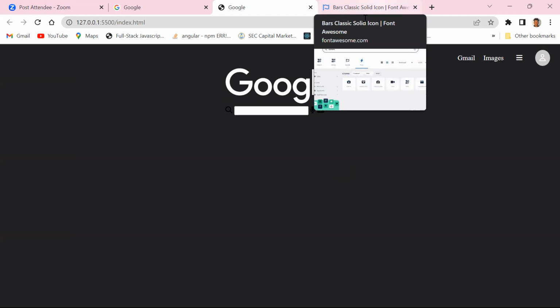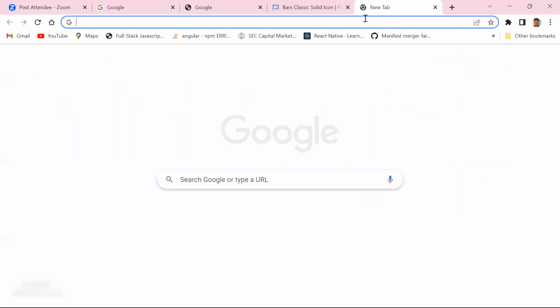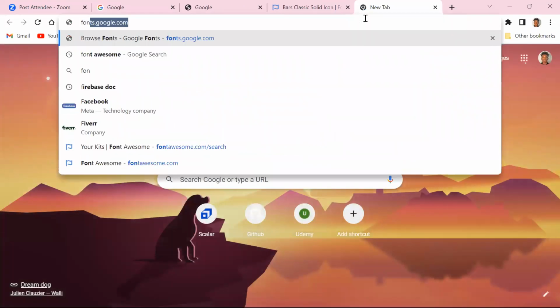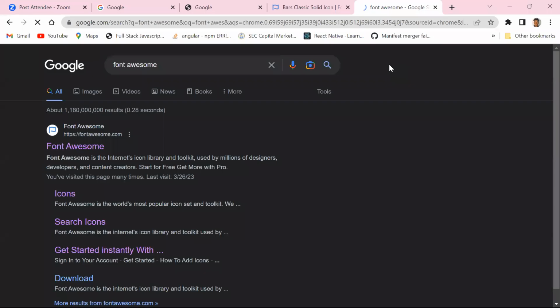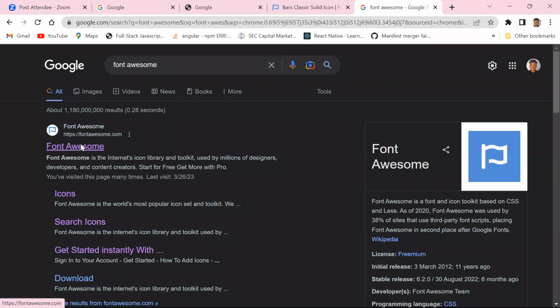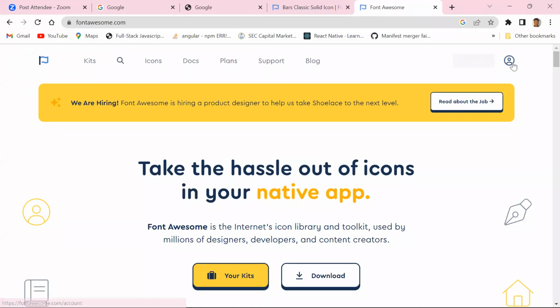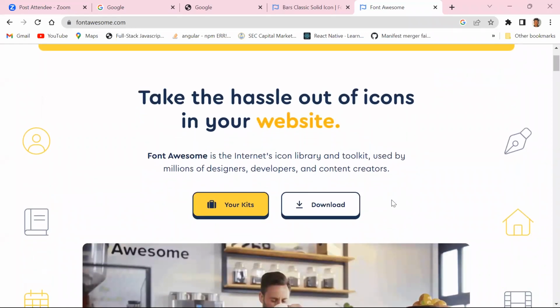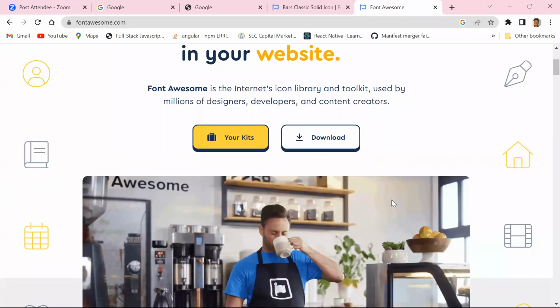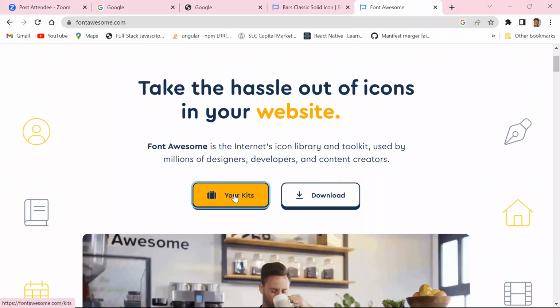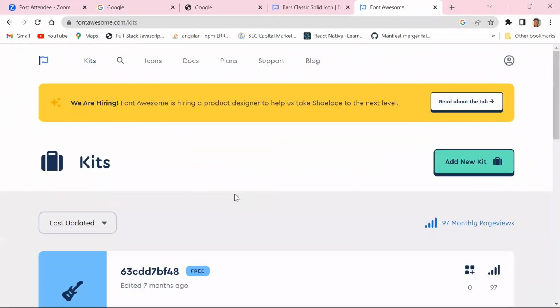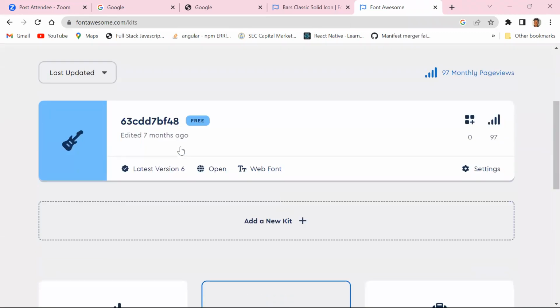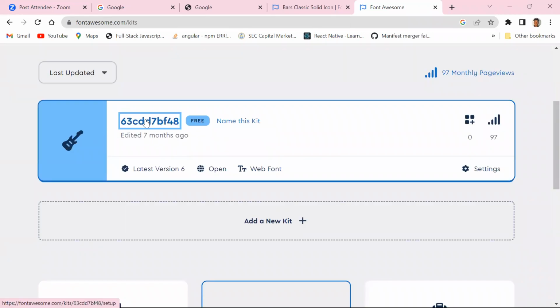Okay. Yes, there are actually two different ways of getting that. You can just visit Font Awesome. You search for Font Awesome, then this will come up. You click on it. If you have an account with them, you see your account showing that I'm already logged in. But if you don't have an account, you may just have to supply your email address and then they'll send you a kit. So when that kit comes, you just click on your kit. When you click on your kit, you see a number like this. This is the kit. If I click on this kit,